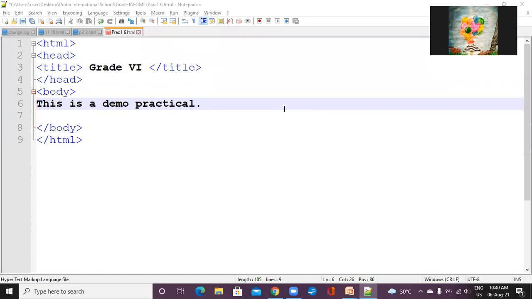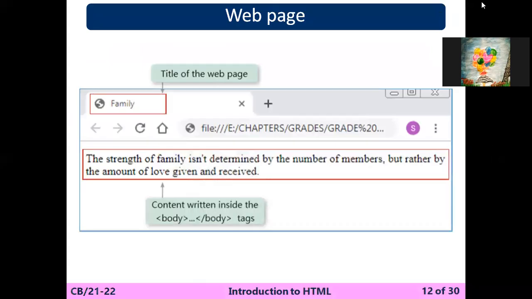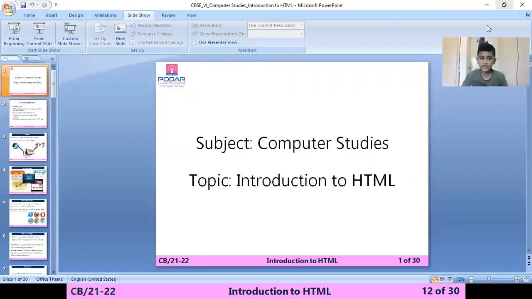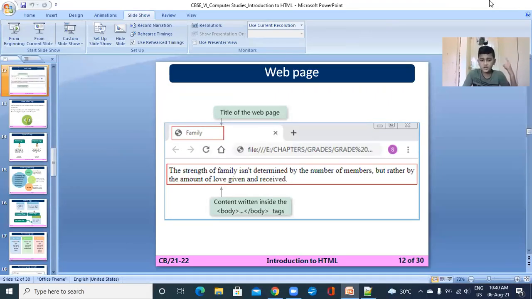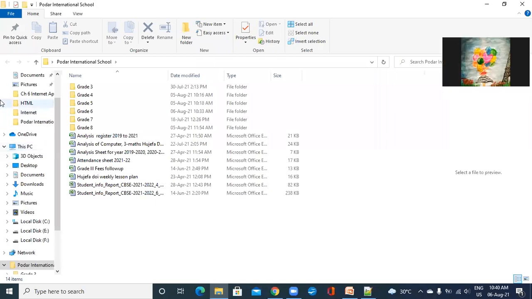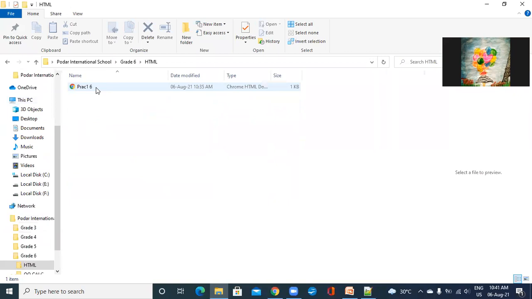Whatever change you made will only show if you have saved it. Okay, I'm going to show you. So ma'am, if we press Control plus S, will it be saved at the same place where we saved earlier? Yes, same place, it will be saved. So I had saved my file here.